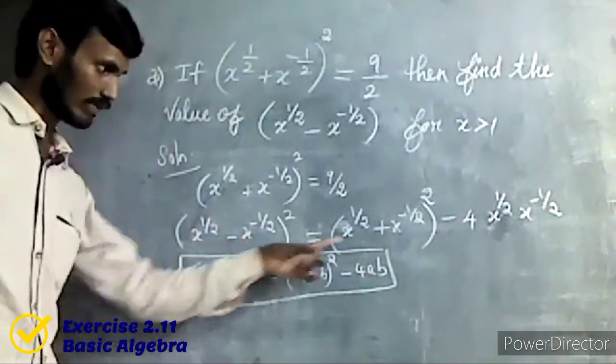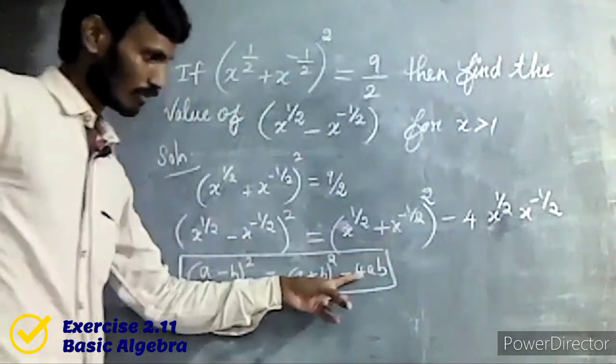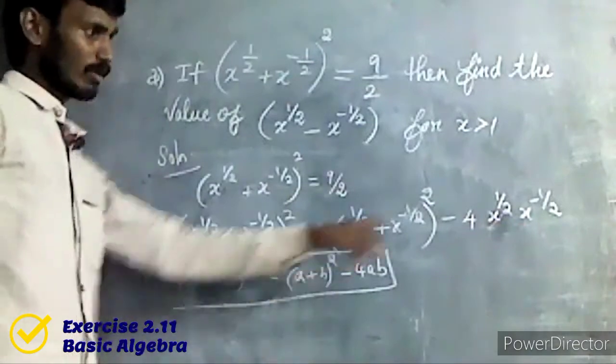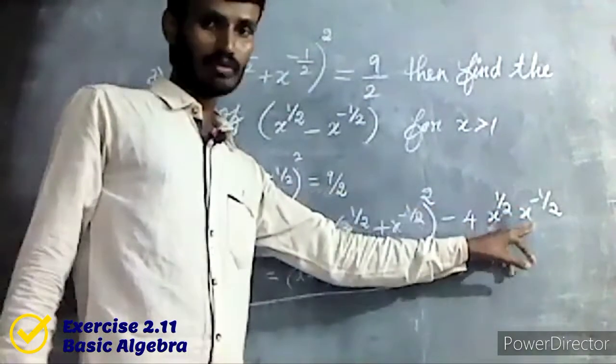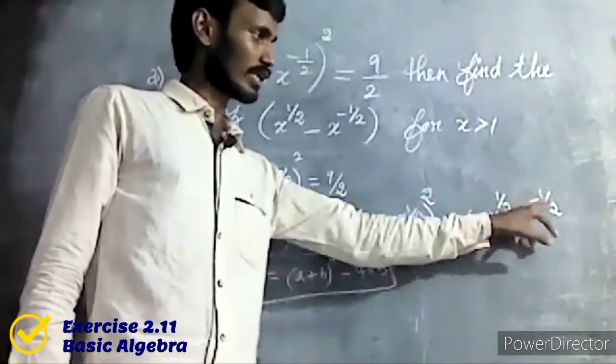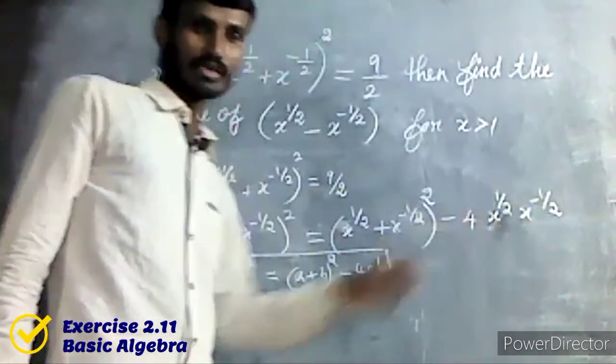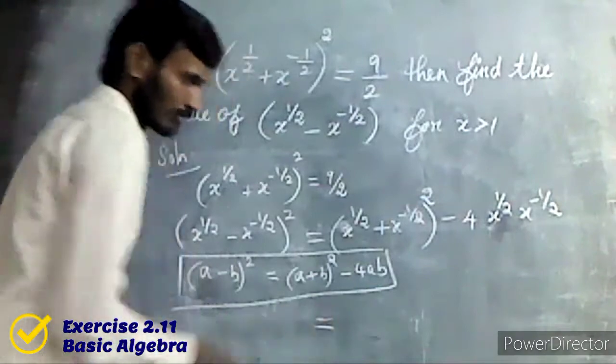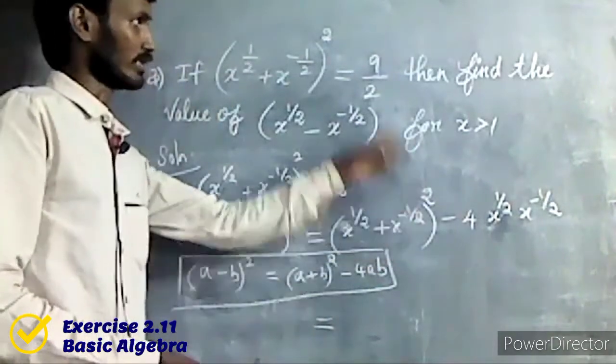Again it is a value, this is b value: a value x power 1 by 2, b value x power minus 1 by 2. X power plus 1 by 2 and x power minus 1 by 2 will be x power 0, because of subtraction of the powers. X power 0 answer is 1. So just 4, last one, that is equal to already a plus b the whole square.